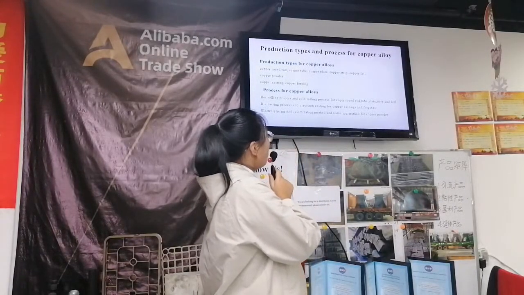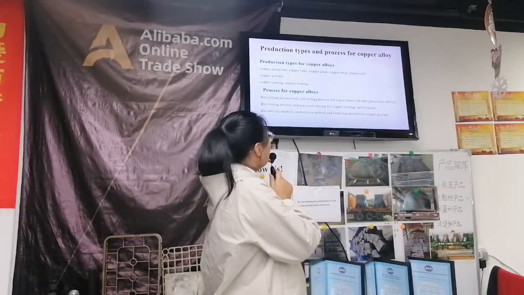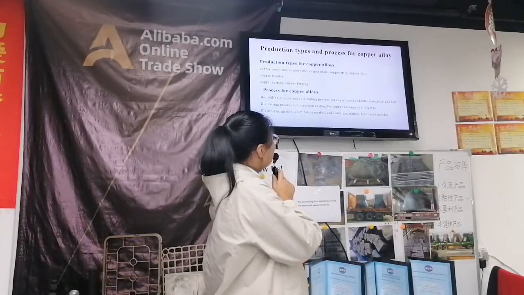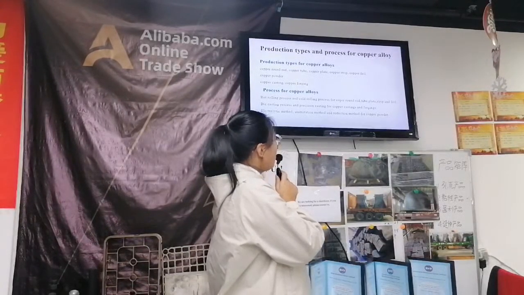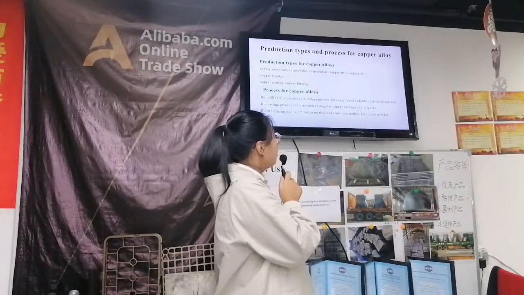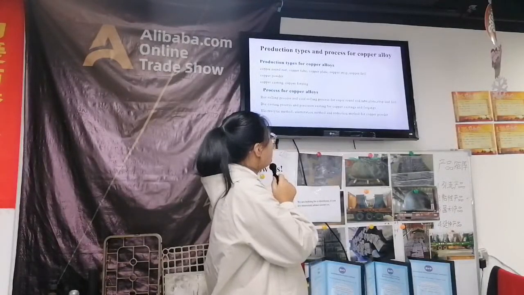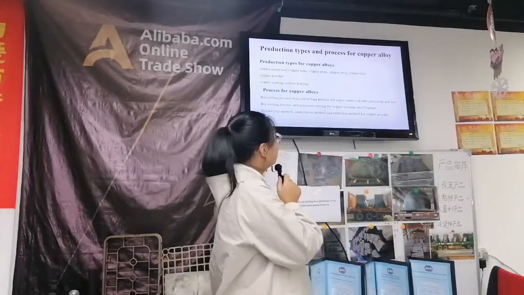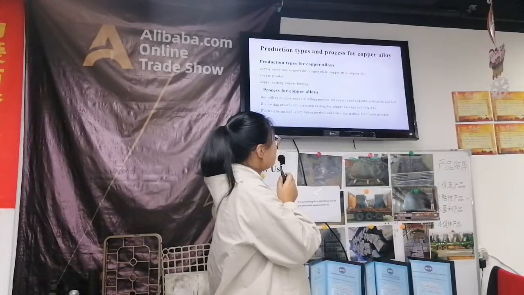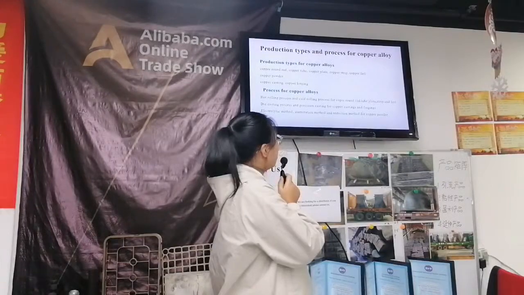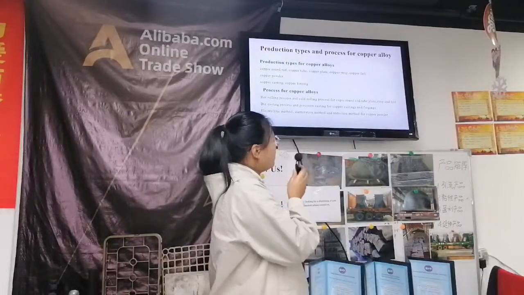Production types for copper alloys: copper round rods, copper tubes, copper plates, copper strips, and copper foil. Copper powder, copper castings and forgings. Process for copper alloys: